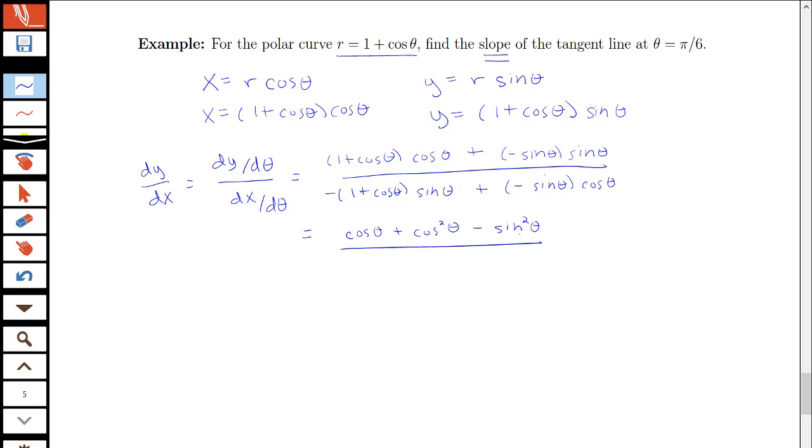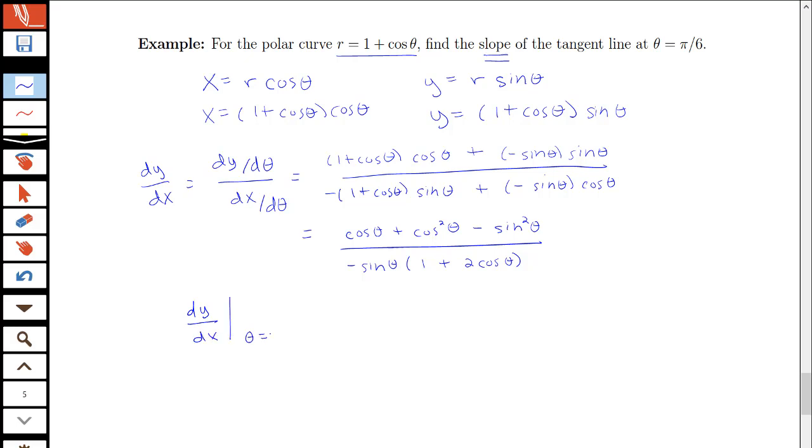Let's see, what will this be divided by? Well, I have a negative sine theta within both of these terms, so I could factor out a negative sine theta, and then that would be times a 1 plus cosine theta plus cosine theta, so I'd have a 1 plus 2 cosine theta that I'd be multiplying by. That's about as simple as we can get this, but that might help just a little bit for doing the arithmetic. So I'm going to do dy dx